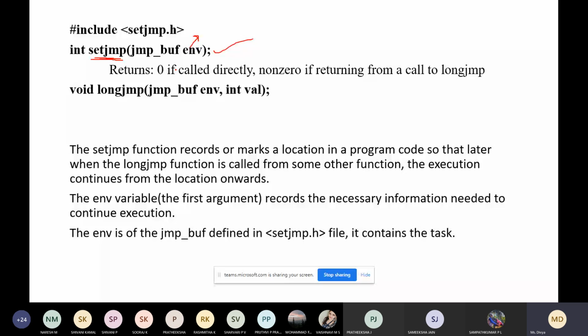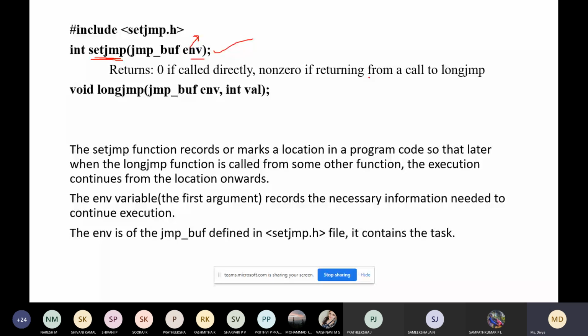Here you will be specifying the location that you want to return to. It returns 0 if it is called directly, or non-zero if it is returned from a call to longjmp. I'll explain this with the example.